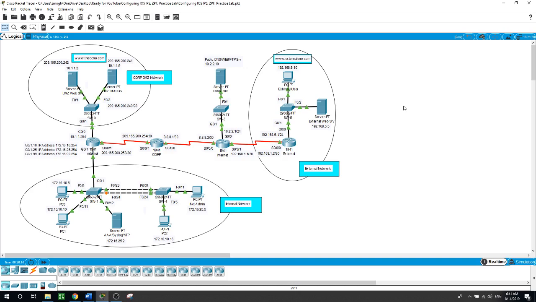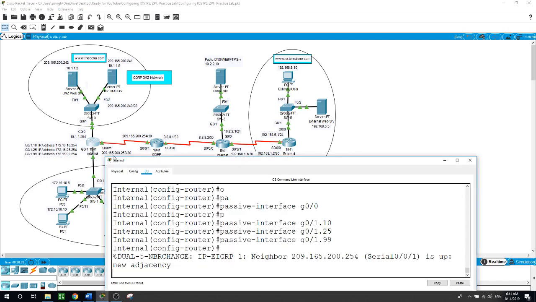I will configure secure network management for the internal router. I will configure the internal router as an NTP client to the AAA NTP syslog server, and to update the router calendar, the hardware clock, from the NTP source, and to timestamp log messages, and to send logging messages to the AAA NTP syslog server. So now we'll go back to the internal router here,